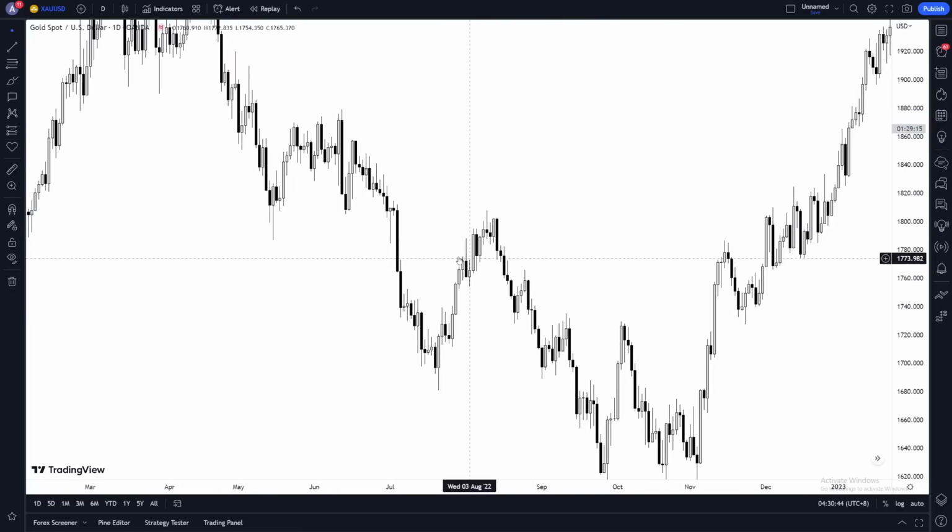What I showed you was inside the weekly, we play from dailies, but there's so many here, this top one up here. We will mark them and see which one we get the daily rejection from. Then that's the daily where we could say, oh, okay, the storyline has started. We can play from that. That may be where the weekly storyline continues. This was the retracement. I don't know where it's going to stop. Oh, but it did reject here. Oh, did it break out? Yes, it broke out. So now we have the daily in sync with the weekly. That's probably where the turn is going to happen. That's where it did happen, right? So that's what I mean by the operation of time frames.